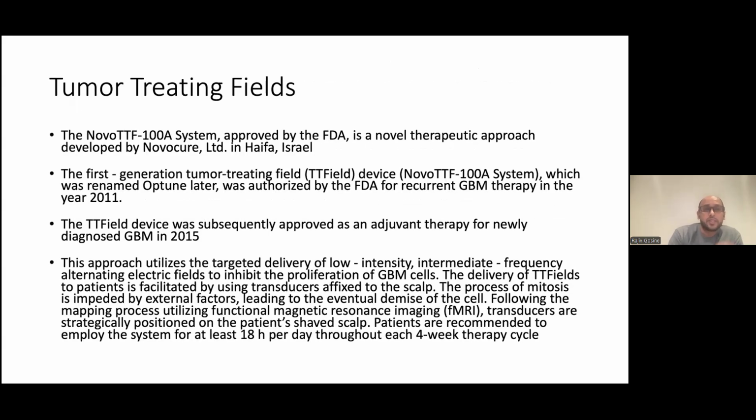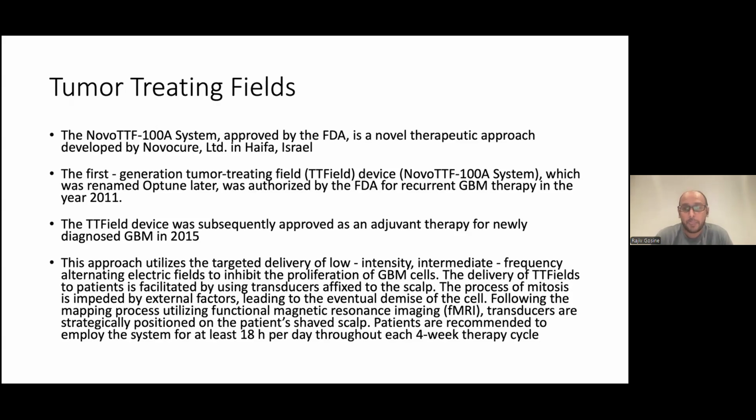In terms of tumor treating fields, the Novo TTF-100A system was approved by the FDA and is a novel therapeutic approach. The first generation device was the Novo TTF-100A system and was later renamed Optune. It was authorized initially for recurrent GBM therapy in 2011 and then authorized for adjuvant therapy for newly diagnosed GBM in 2015. And the approach utilizes the targeted delivery of low intensity, intermediate frequency, alternating electric fields to inhibit the